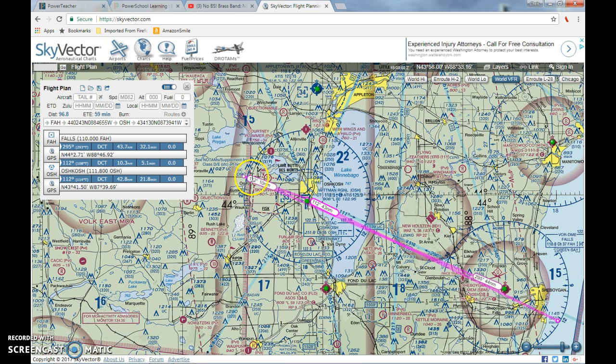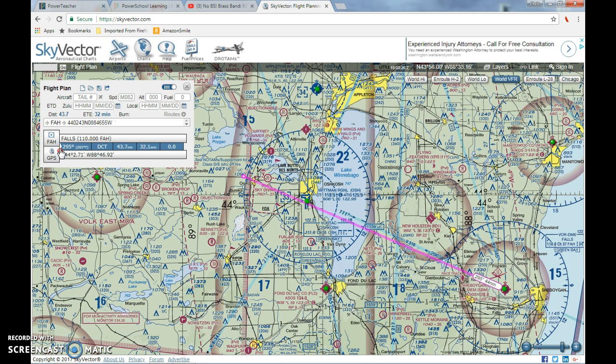Obviously, once again, the other lines were there to help get me to the VORs. The main two I'm worried about pretty much overlap each other. So on your map on page 3, you're going to draw that line there, using map colors and a ruler. But I want you to lay it out here and practice using the sky vector,